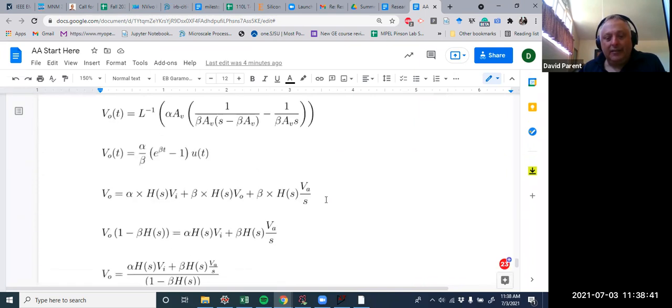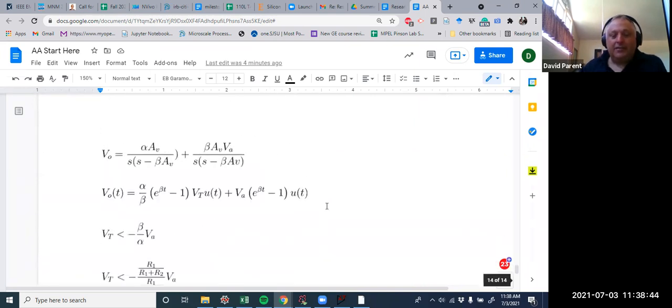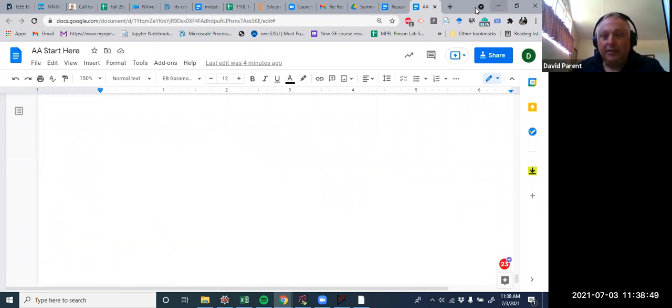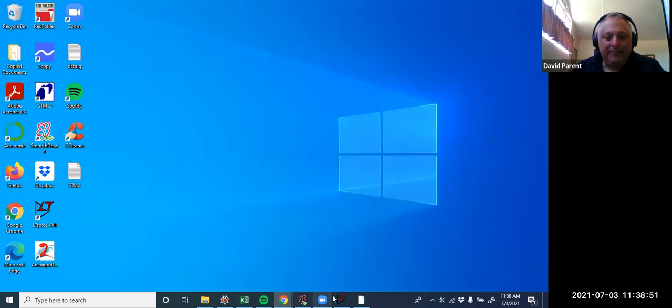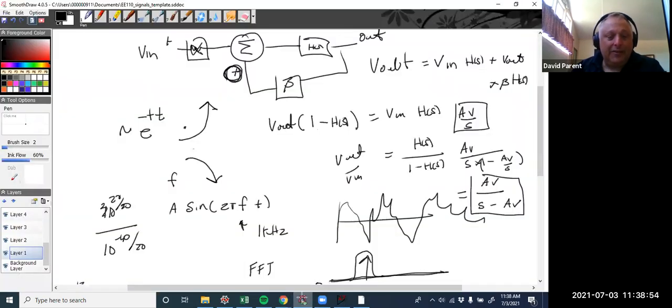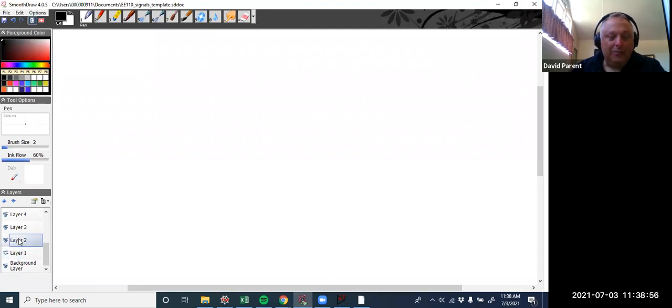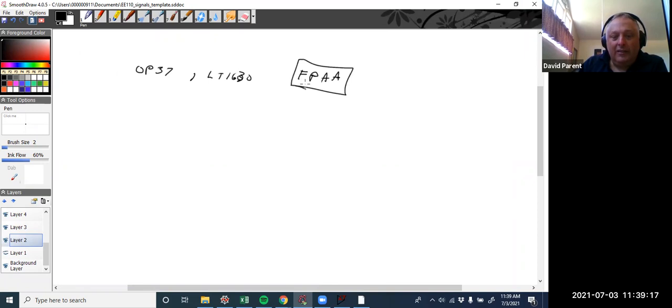And you can actually derive it fully using more 110 type stuff. Anyway, I know that's a lot, but things to study, right? So the Schmidt trigger is the easiest way to study, but we have the op amp OP37, LT1630, but I also have this field programmable analog array,